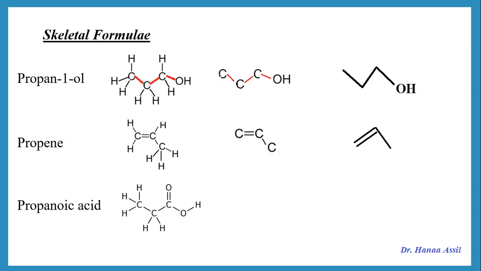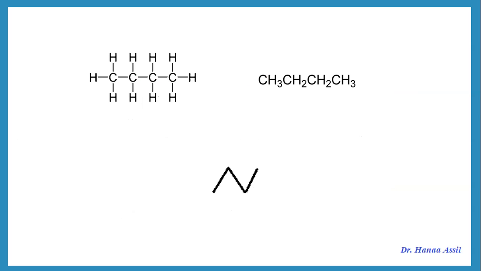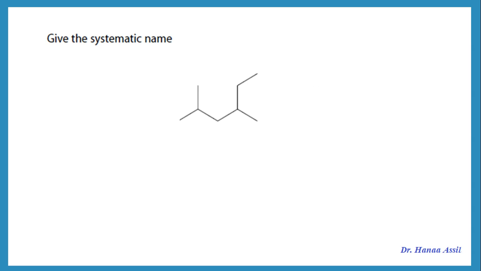Propanoic acid means it has a double bond and OOH somewhere, with a total of 3 carbons. That means this is the carbon skeleton and this is the skeletal form. So if I want to draw butane, I can either draw the displayed formula, the structural formula, or the skeletal formula. If we say give the systematic name for this, now this is the skeletal formula